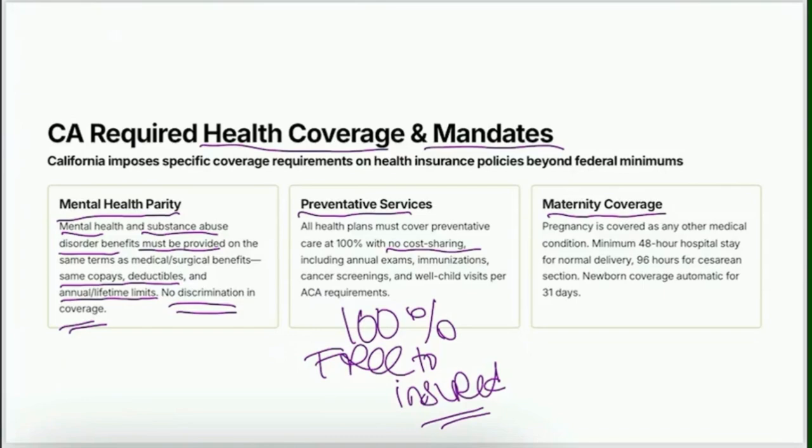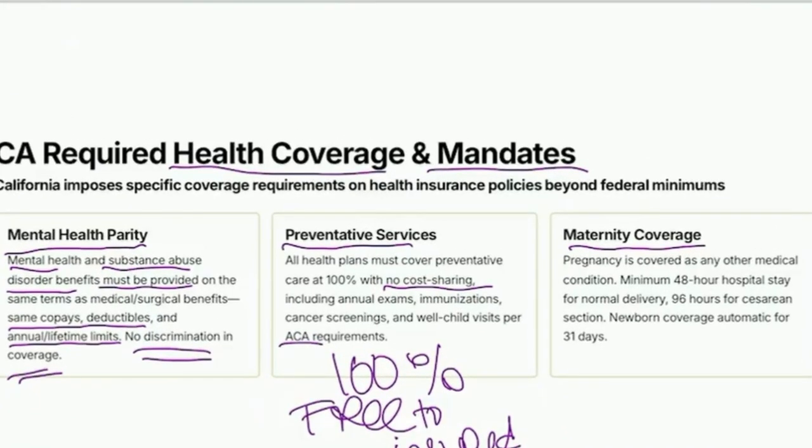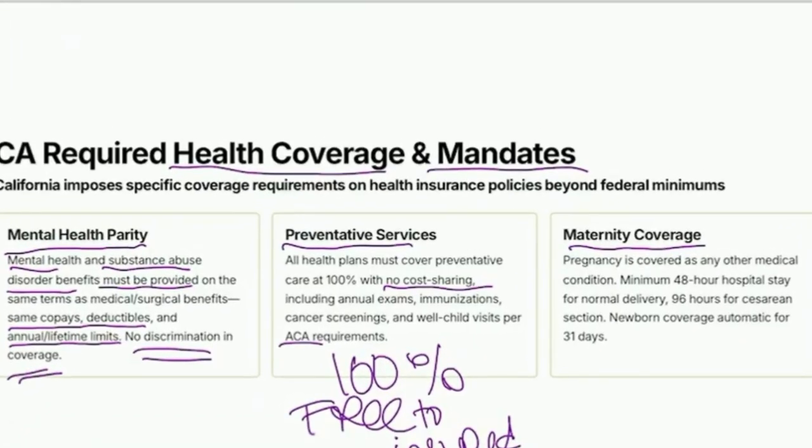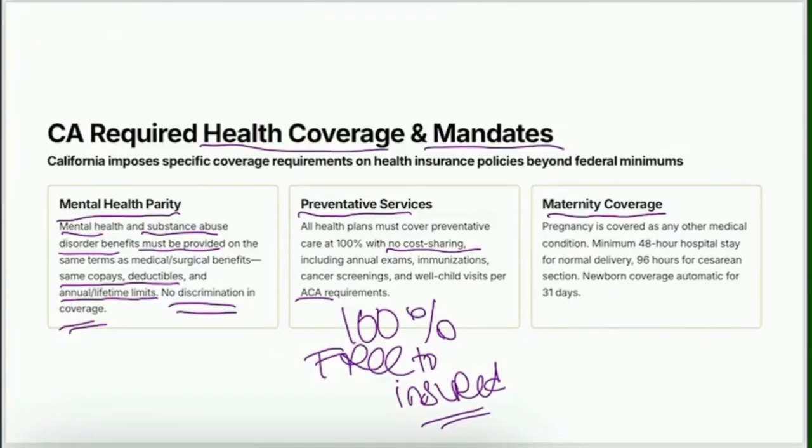So these are going to follow along with the Affordable Care Act. All of these are also covered in the Affordable Care Act, but they're just backing it up and saying it is required by California too. So even if something were to happen or change, because it could be kind of like, why did they have to say this? The ACA already covers these things. If that changed federally, it would still exist at a state level.